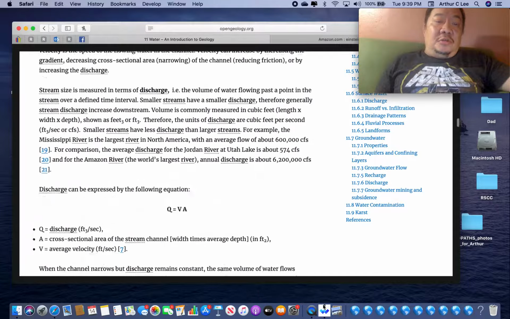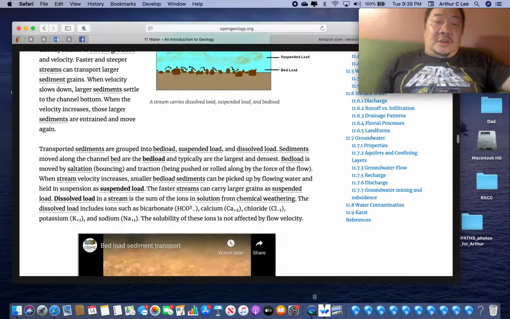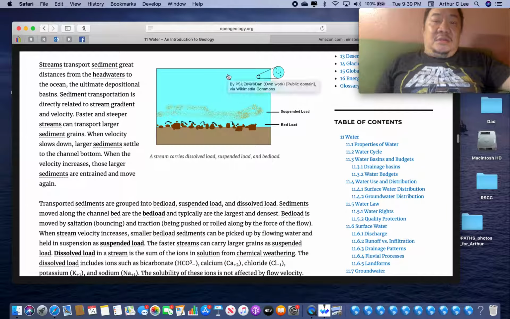And the third load that is carried by a river is called the dissolved load. And these are